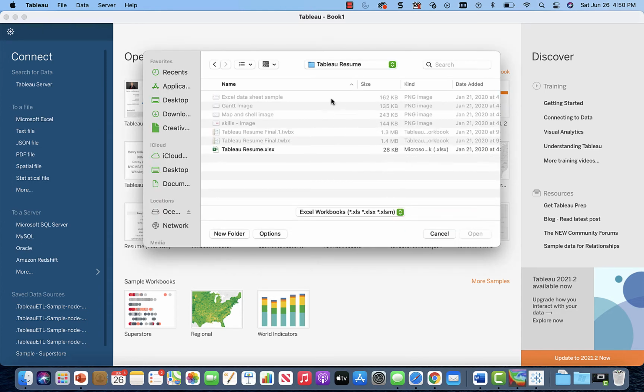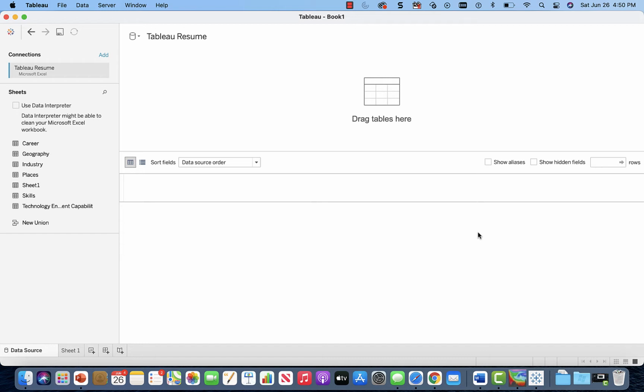Now in this case, I've navigated to my Tableau resume data. It's just an Excel file I have where I want to make one of those really fancy Tableau resumes. I create an Excel file because really the start of any good visualization is good data. So you click on that and bring it in. The first thing you notice is nothing. You do have your connections, which is the data file you just loaded in, and these are all the sheets inside the Excel file. So the way you get this to show up is to drag one of the sheets